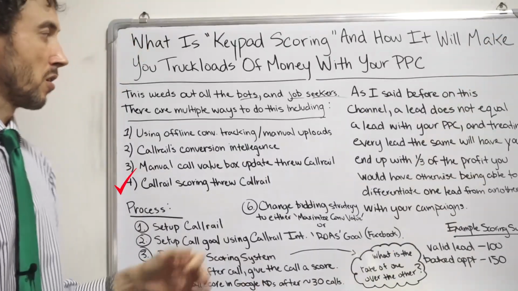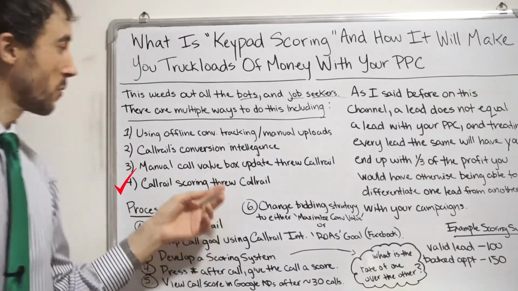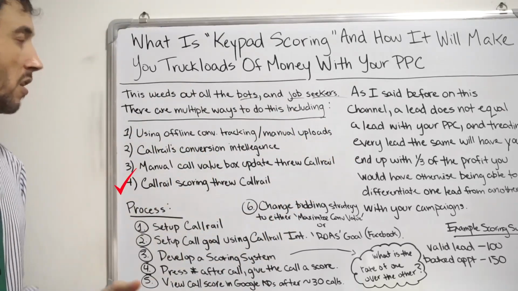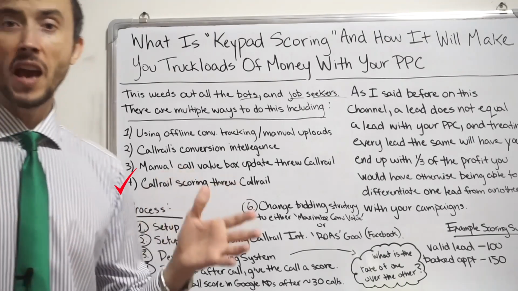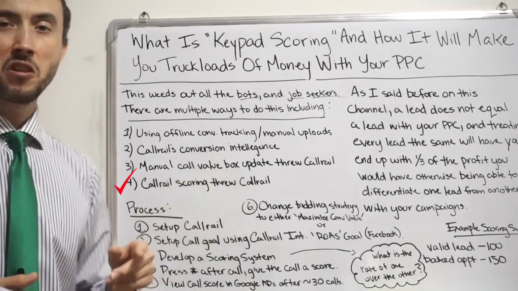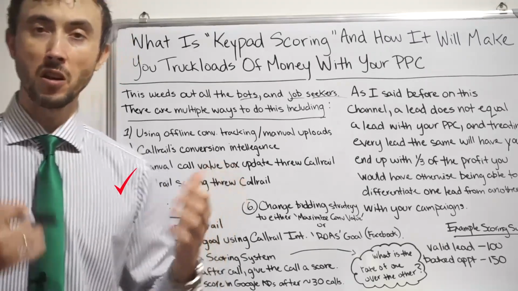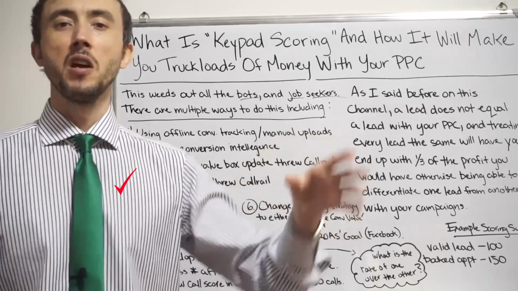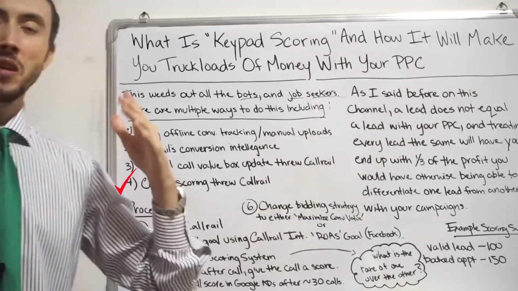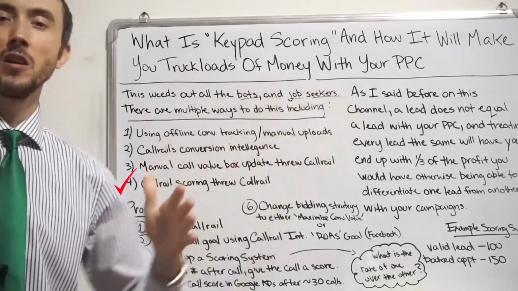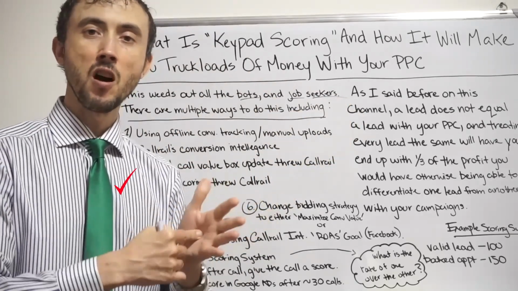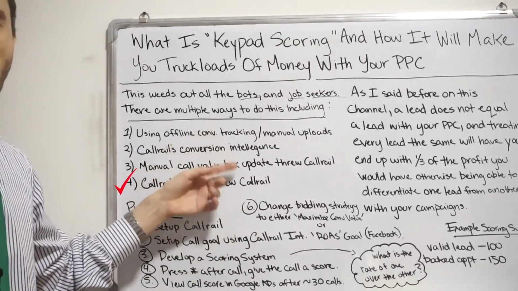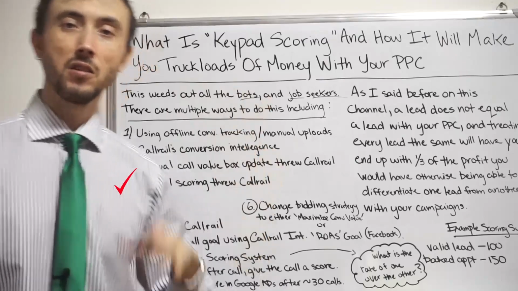So the benefit of this versus the other three is there's nothing to upload to Google manually using a spreadsheet. Also, it'll be accurate. It's not like conversion intelligence, because you obviously are going to have a human reviewing the call. And it's also better than updating the value box in Callrail manually, because you don't have to go through once a month and listen to each call. Once the call is over, all the salesperson has to do is enter the call value at the end of the call, and that automatically will then show up in your ad accounts. So it's kind of the best of all the options,